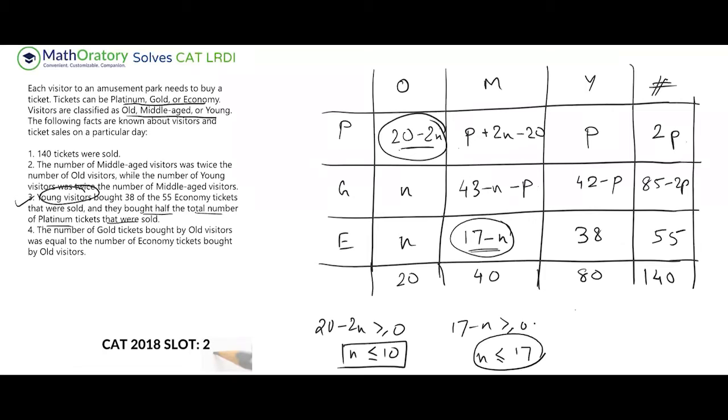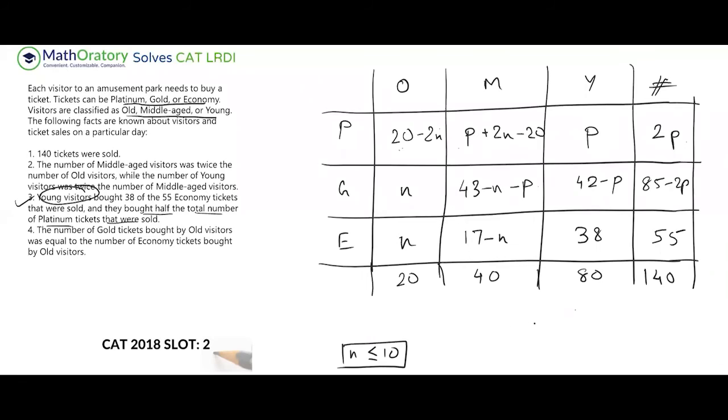Now, if you try to substitute this on this particular thing, 20 minus 2n, you'll find that not all values of n are giving us non-negative values. So combining these two ranges, this will be picked up, right? Because it has to validate both the ideas. So n has to be less than equal to 10. This is the first thing. Let us take these things off. So this is n. This is the only constraint that we have for n.